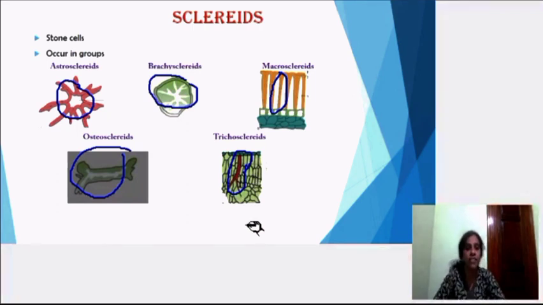So, in today's video, we have learned what is anatomy, different types of tissues, meristematic and permanent tissues, then the permanent tissues parenchyma, collenchyma and sclerenchyma. So, in the next video, we will learn what the complex permanent tissues are. They are also called conducting tissues, which we will be seeing in the next video.